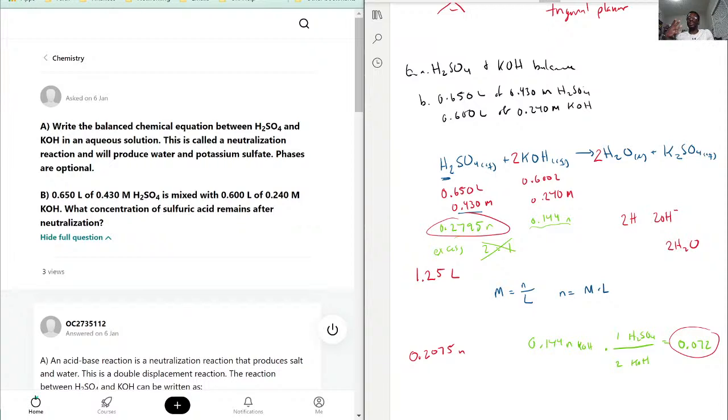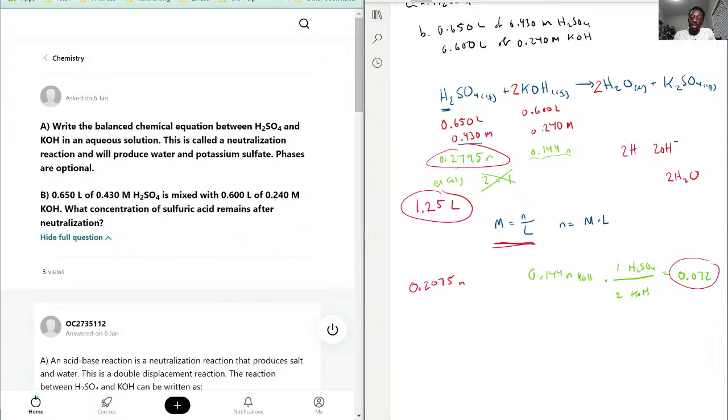So this is not a complete neutralization, because we still have a lot more acid left, but based on what we're given, that's how many moles are left. But it doesn't ask for moles, it asks for concentration. So that's finally where we get to use our new liters value, okay? As the concentration formula says, molarity is moles over liters. So that divided by the 1.25 will give us our new concentration. Okay, so our new M for our sulfuric acid is now 0.166